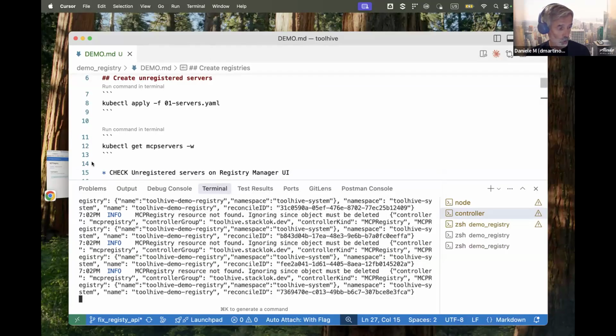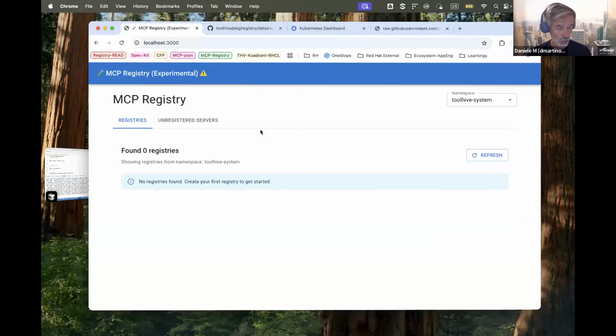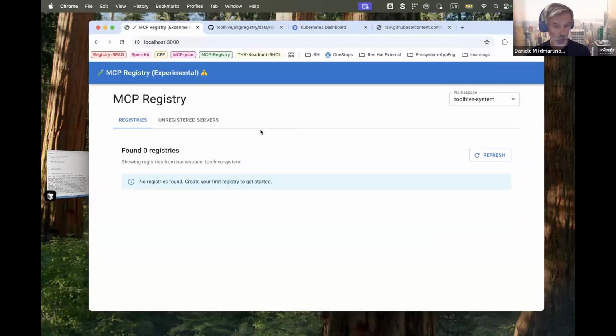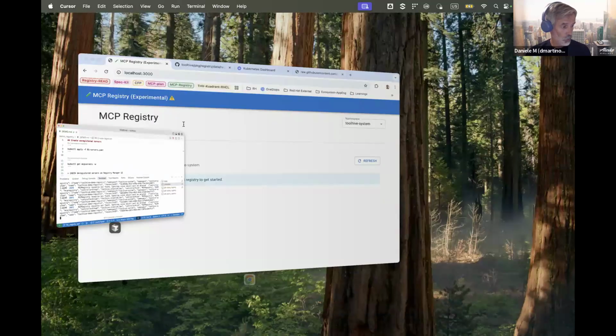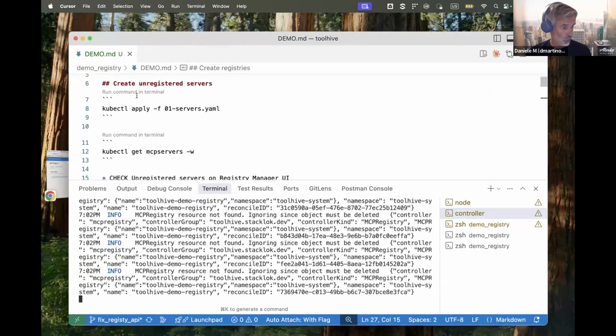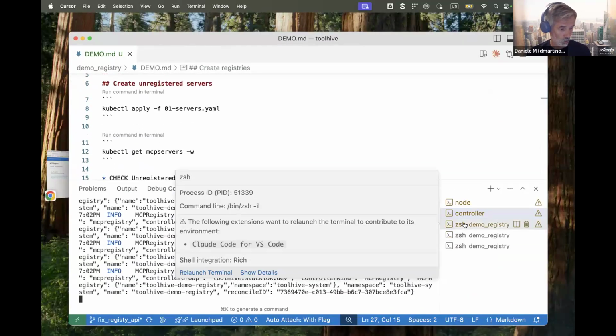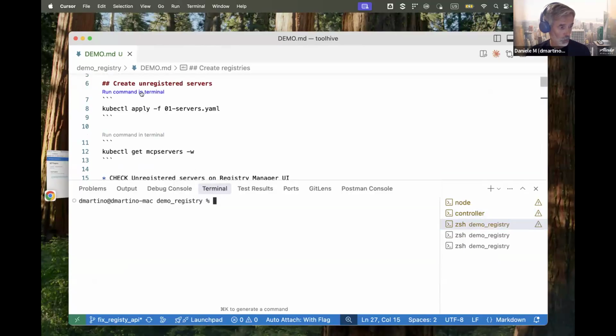To do that, we will also use an experimental UI that we prepared for the demo. It's not public, it's not part of the ToolHive repository, but maybe it will be sooner or later. So let's follow the plan. First of all, let me select one of the empty terminals. We're going to deploy two servers